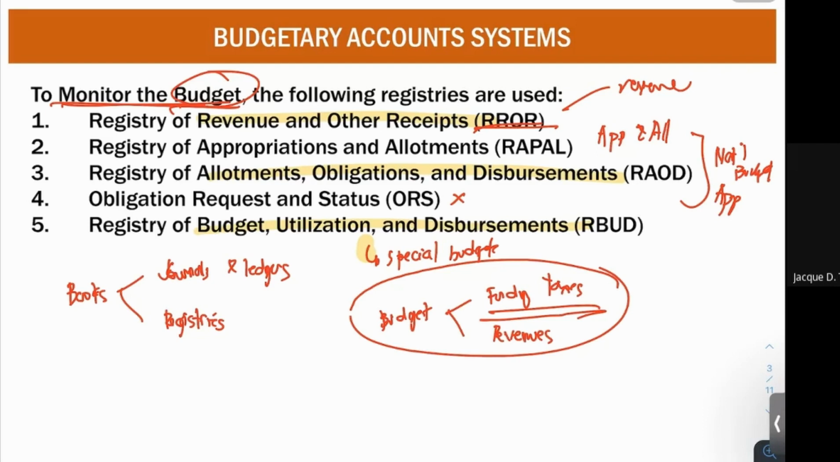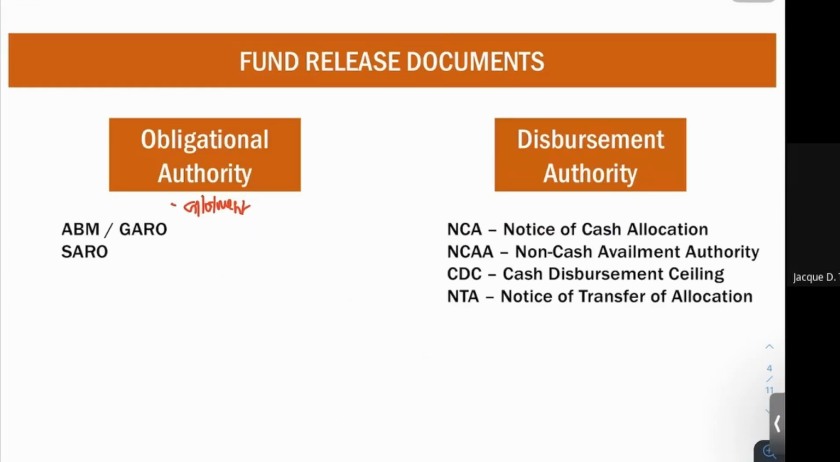Now, having known the different registries to be used in accounting for our budget, let's look into the fund release documents. So what are these fund release documents? We have two types of fund release documents. You have your obligational authority and then your disbursement authority. When we talk about your obligational authority, this talks about the allotment per se. While your disbursement authority talks about the disbursement of the fund. So this is a disbursement